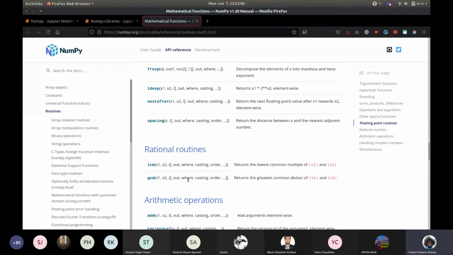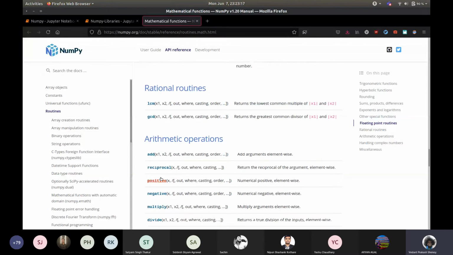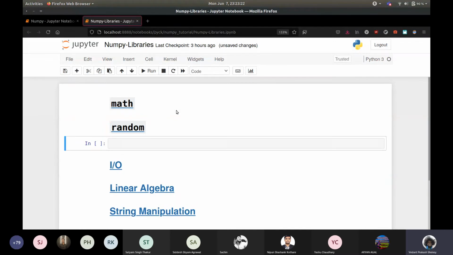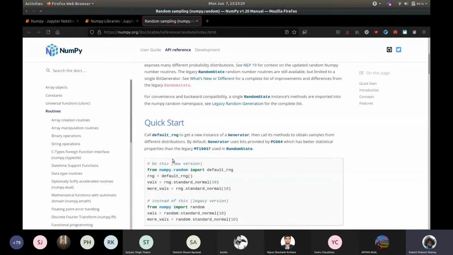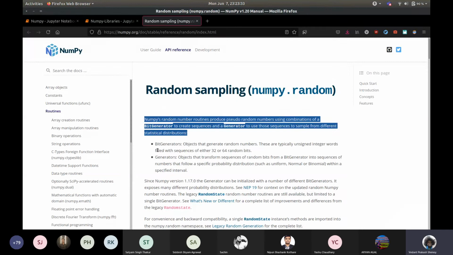You get LCM, you get the GCD. If you remember the second tutorial, sorry, the fractions question, then you would have seen places where GCD was used. That's also available through NumPy for all these things. Lots of stuff there. Because you've already seen the math library, I'm not going to go into that in too much detail. Random also gives you a similar thing, except that there's a lot of stuff telling you how you should be using random and so on.